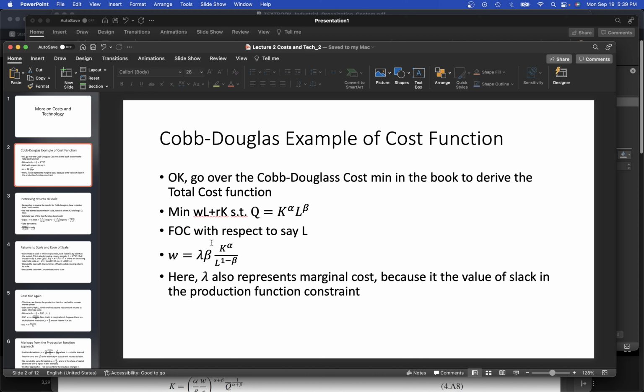This is the marginal product of labor, and you multiply that by the shadow cost. So if, for example, you are constrained by your constraint, then lambda will be greater than